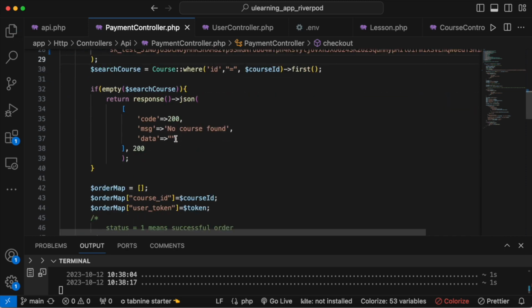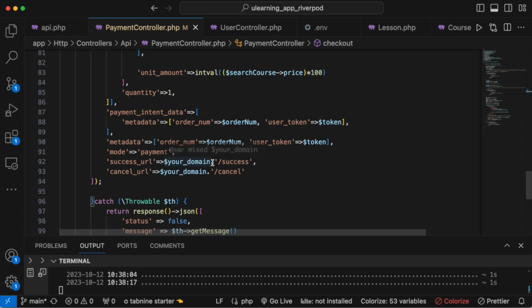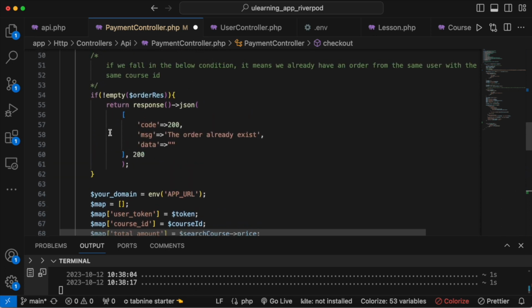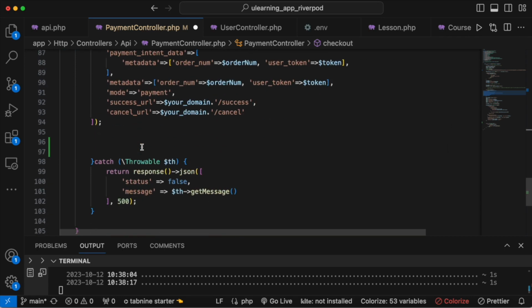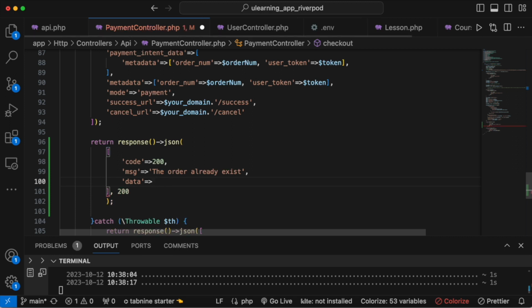All right, and after that over here, what's going to happen if it hits this session create section, it would be submitting this information to our Stripe account, and then after that it's going to return us a URL, and we need to return this URL. So let's go ahead and copy this, and I'm going to put it here for now, and inside this data here we do checkout session and URL. Now this URL would be coming from